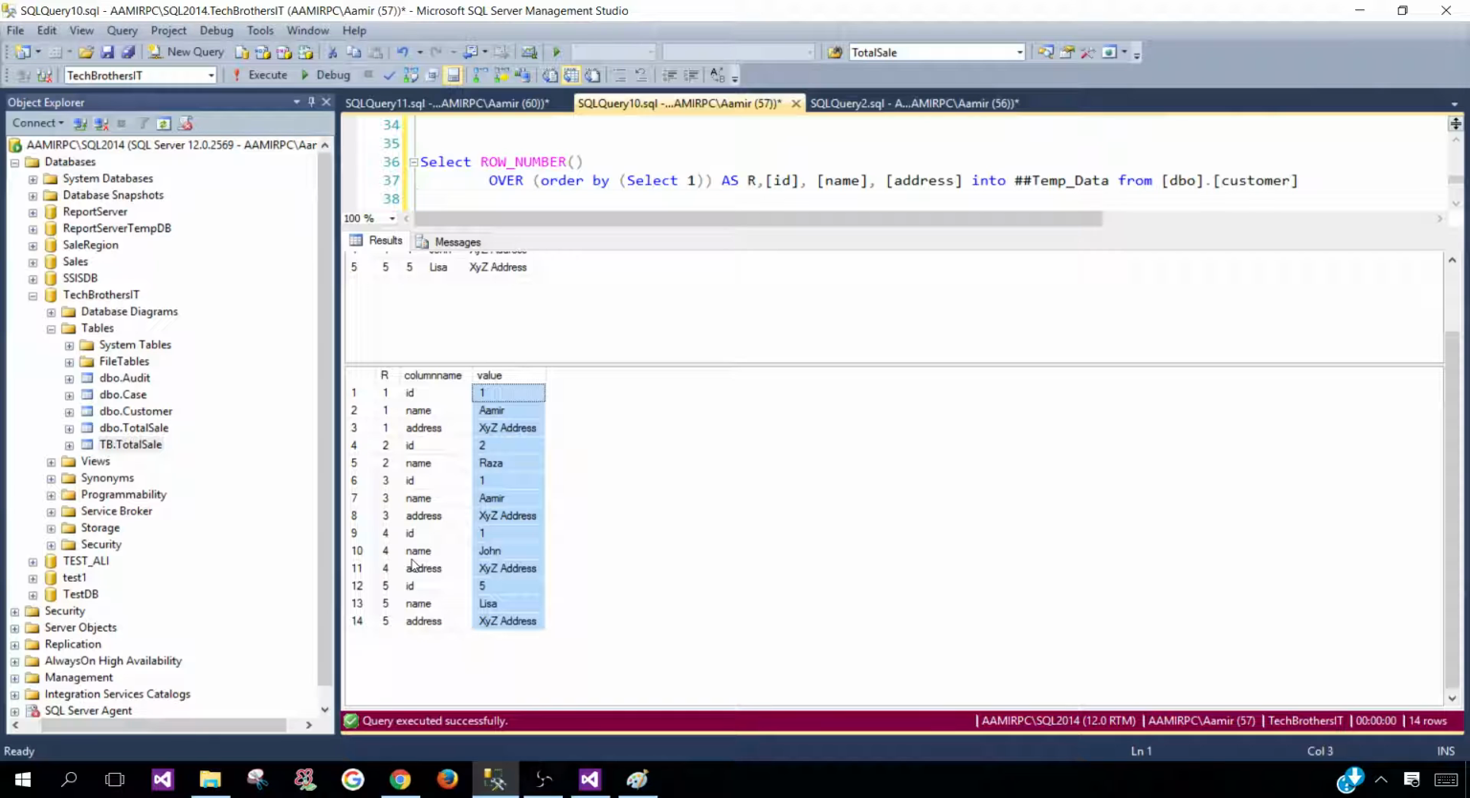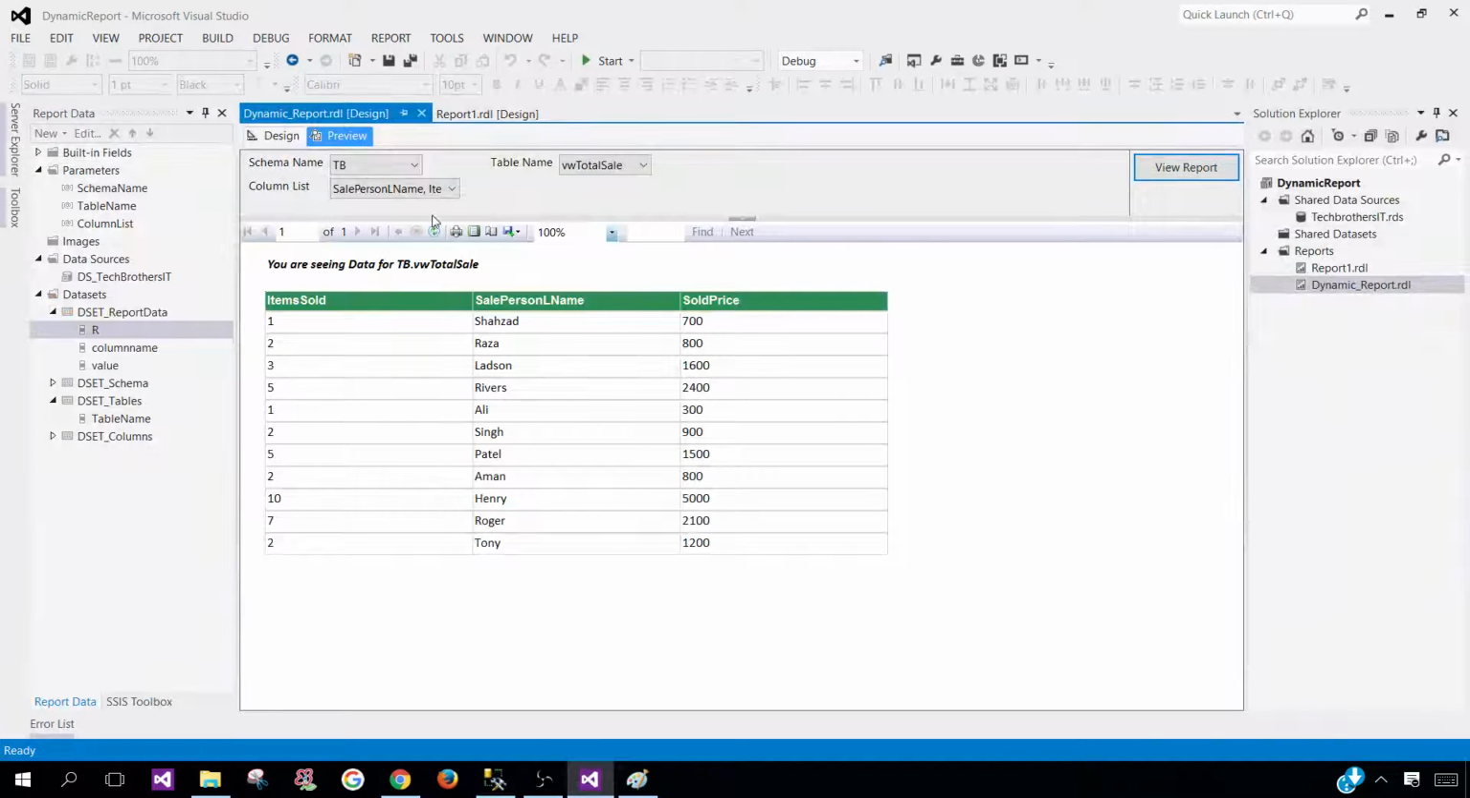And then on top of that, when you're going to go to SSRS, SSRS is going to transform this column and value back to your table. So you see that here we selected all these columns and